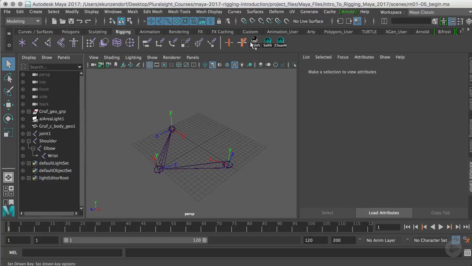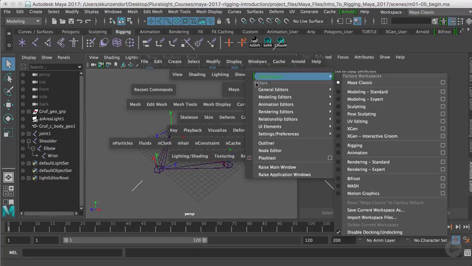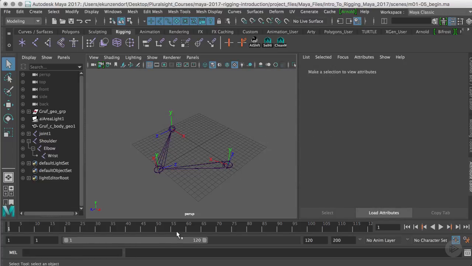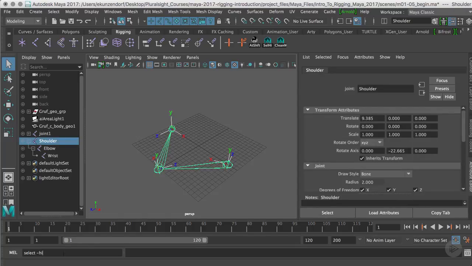really a good thing. Now, one thing I want to do first is talk about this select hierarchy button. It's a really simple command in the MEL line, and to bring that MEL line back, you're going to want to go to Windows, UI Elements. They've changed the location of this, by the way. Make sure Command Line is checked. All right, so I'm going to type in select -hi. I'm going to select the shoulder, and by executing this command, I select